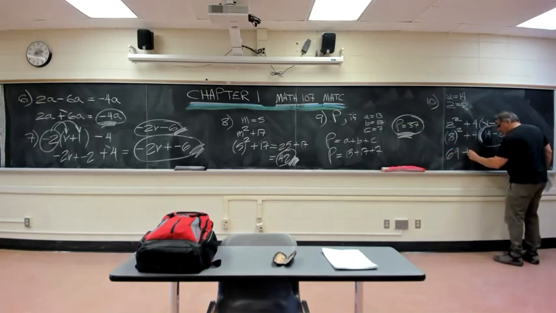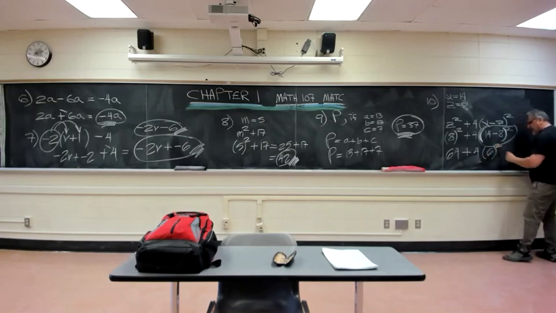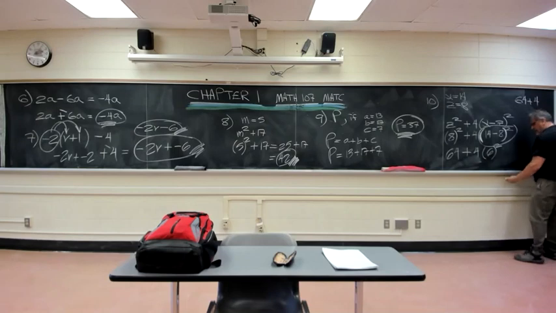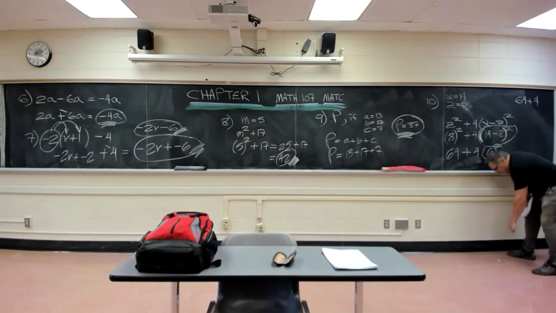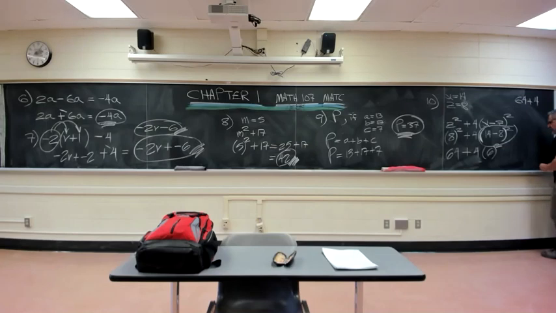And here's 4. 14 minus 8 is 6. There's 64 for you. Here's 4. Now be careful. You're only exponentiating what is in parentheses. So it's the 6 that's being exponentiated. 6 to the second power